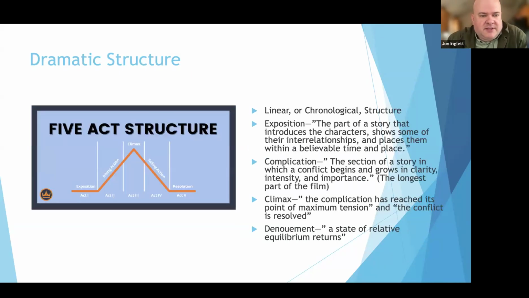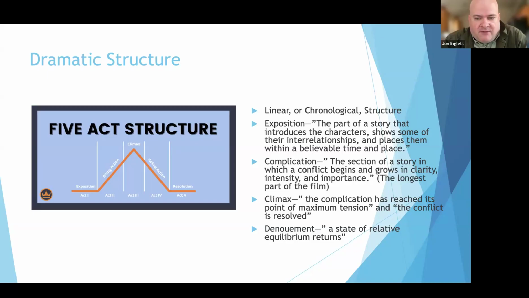A film should also exhibit a 5 act structure. This is typically for linear or chronological structures. We begin with the exposition. That's the part of the story that introduces the characters, shows some of their interrelationships, and places them within a believable time and space. Next, we have the rising action, and an example of that is complication, the section of